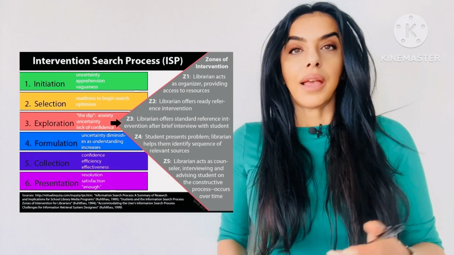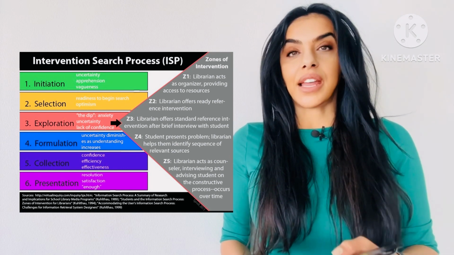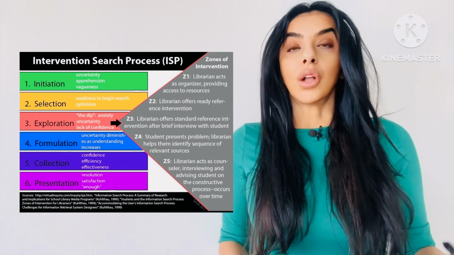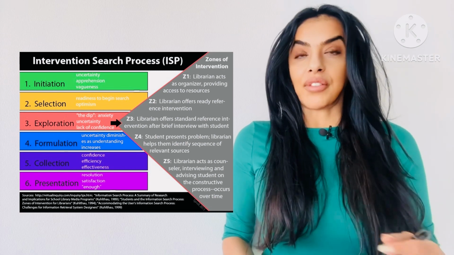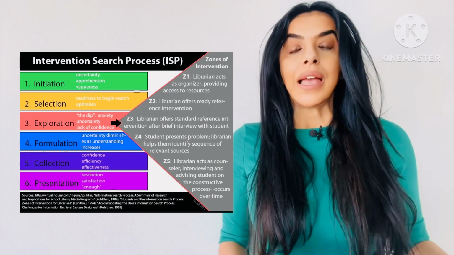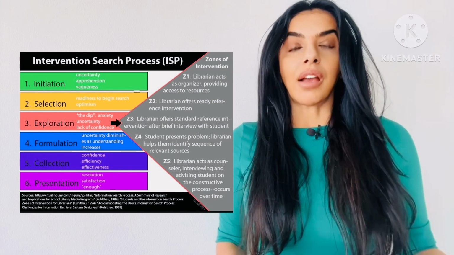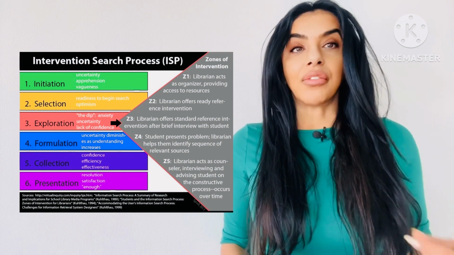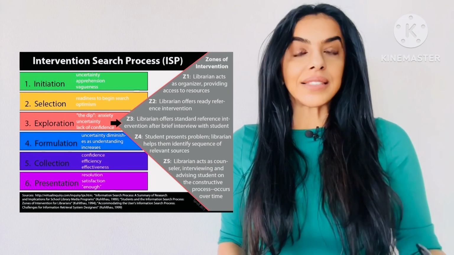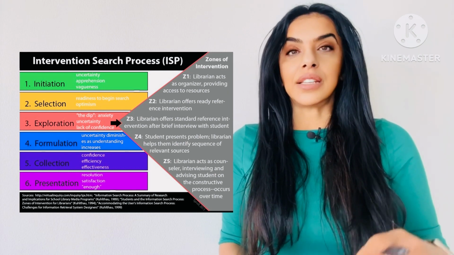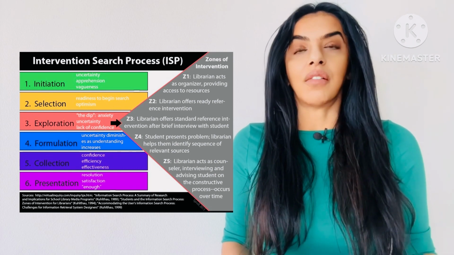The first phase of the information search process model that was investigated by this thesis is called exploration. It's the exploration phase. And the way it is defined in the information search process model is when the participant or subject of the test is embarking on a journey to explore and find background information about a topic of their choosing. In this stage, the participant is not quite familiar with the details of the subject matter that they